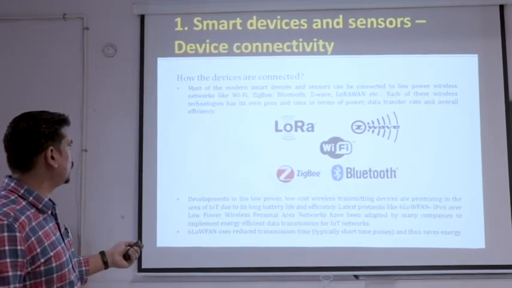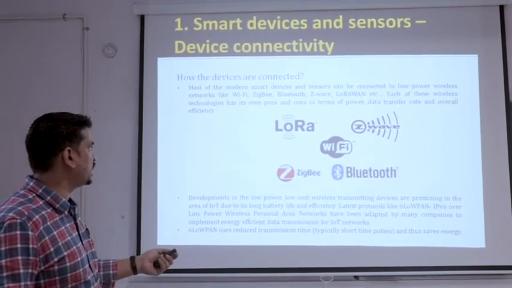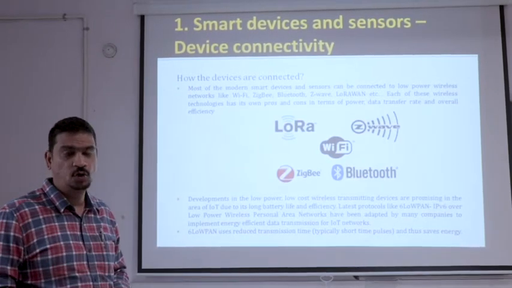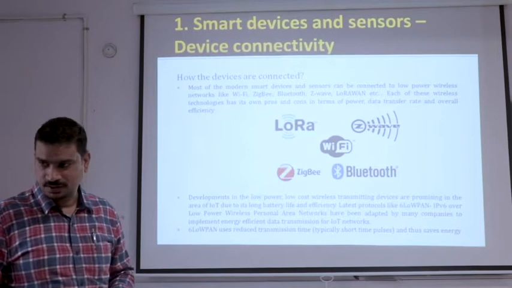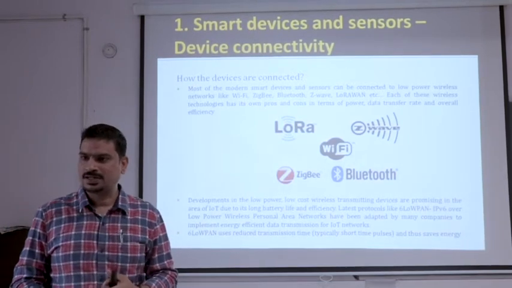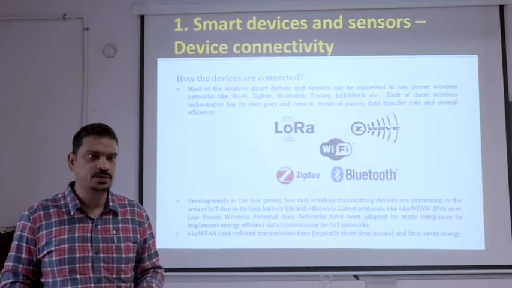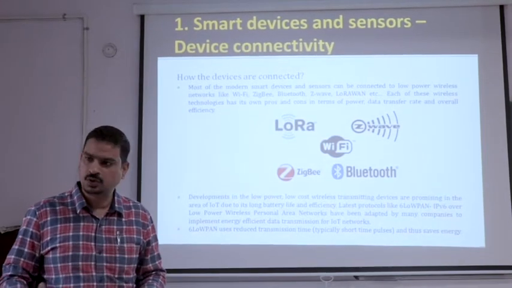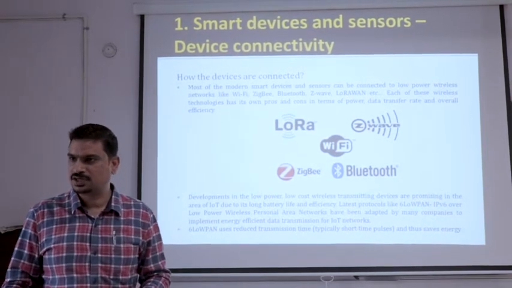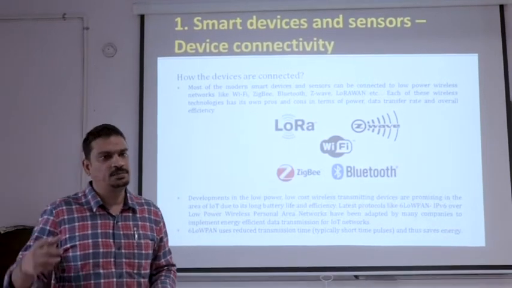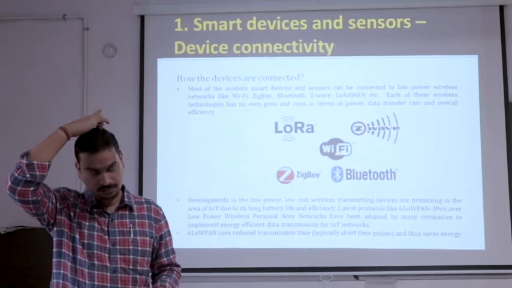Most of the modern smart devices and sensors can connect to a low power wireless network. We know what a low power wireless network is. If you want to communicate with each other, you will use Bluetooth. Bluetooth is a very low power communication medium by which you can transmit your data. Other thing will be, if then you say